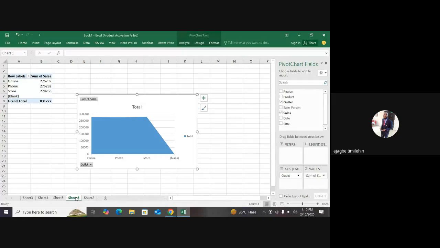You go back to your data. After going back to your data, you still go to the insert. Then you grab this one. Then you switch everything to the other. For the third objective,